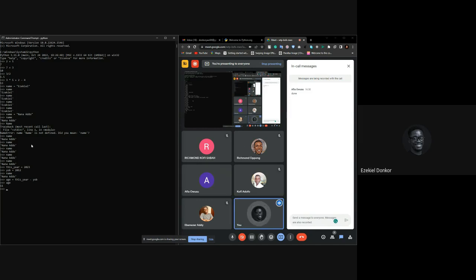Okay, so I typed age minus this year equals to this year minus YOB, and I entered, but the cursor is just blinking. Yes, because you have stored the value inside age. Please, do you understand what I'm saying? I'm going to repeat. So how do I get to see the value? Just type age. Now ask the computer for the age. So I type age and then press enter.